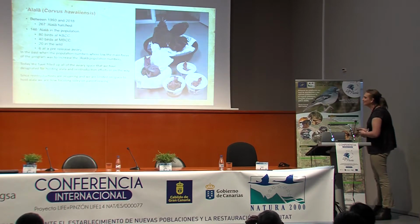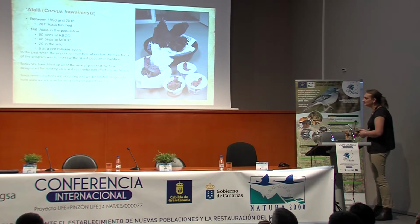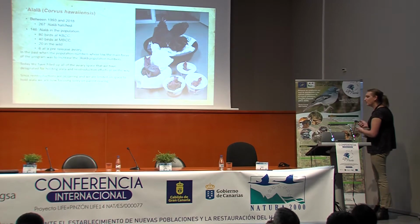And we determined that these birds needed a little bit more age on them, because when we released them, they were only about 8 months old. And so we let them grow up a little bit more, learn more about the world. And we also did anti-predator training, because the Hawaiian hawk got 2 of the birds. We wanted to make sure that they knew where the predators were and that predators did exist. And so a year later, we released another 11, and they actually learned a lot from the anti-predator training, and within the first few weeks of being released, they were seen mobbing the 'io, the Hawaiian hawk, and chasing them